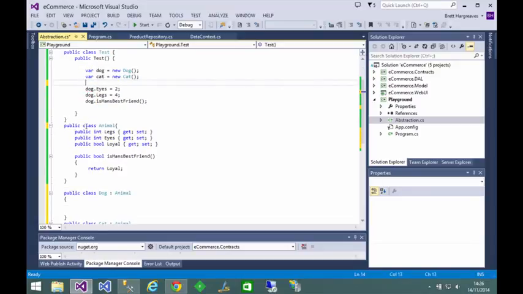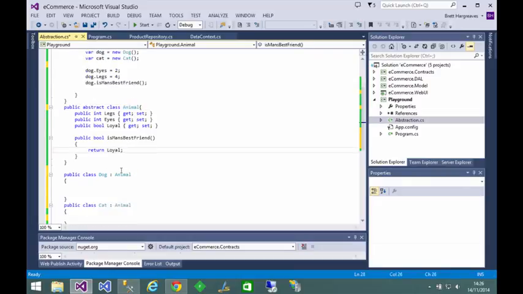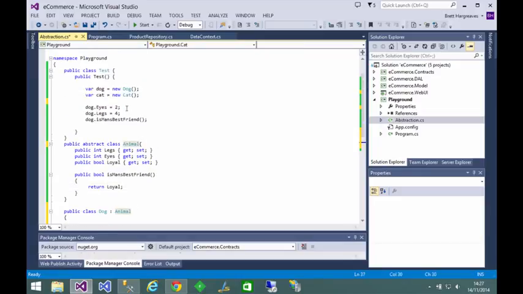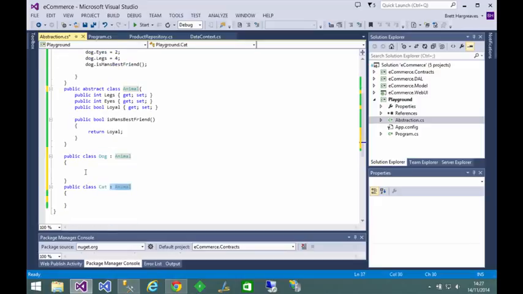We can go one further and say public abstract class. Now what the abstract keyword does is it prevents us actually creating a class of animal on its own. In other words, it says you can only use that class if you implement it within another class. And one of the other benefits with this is that you can also then override